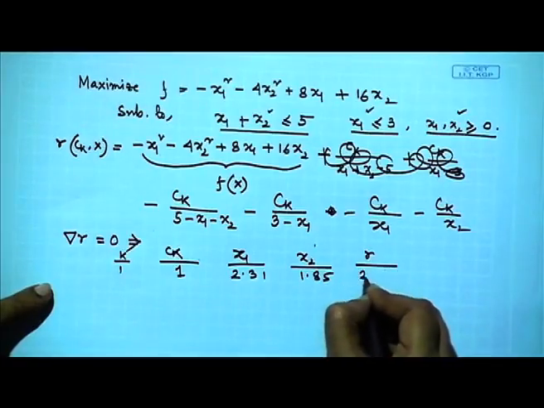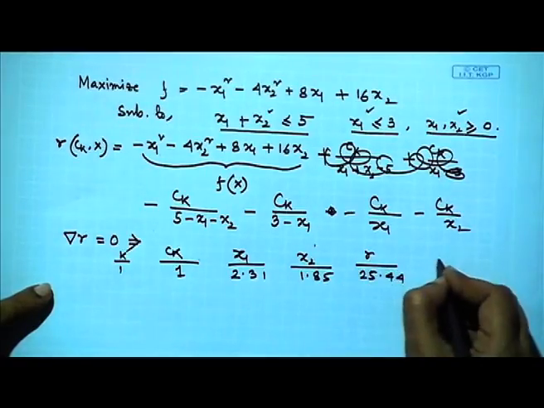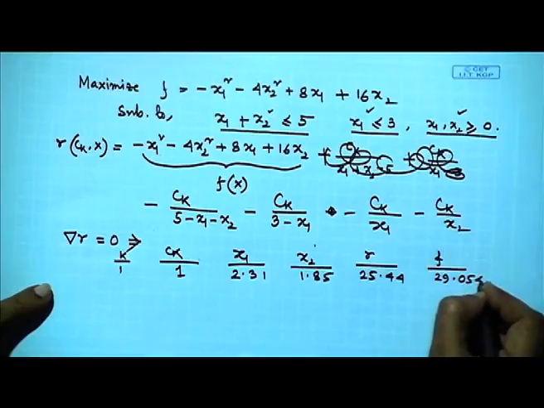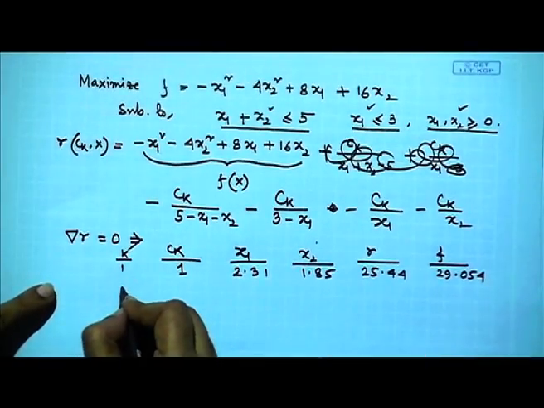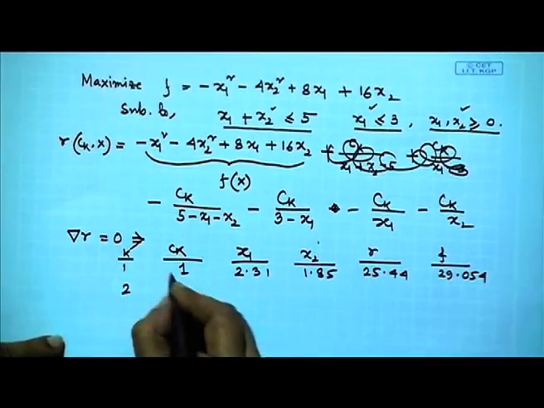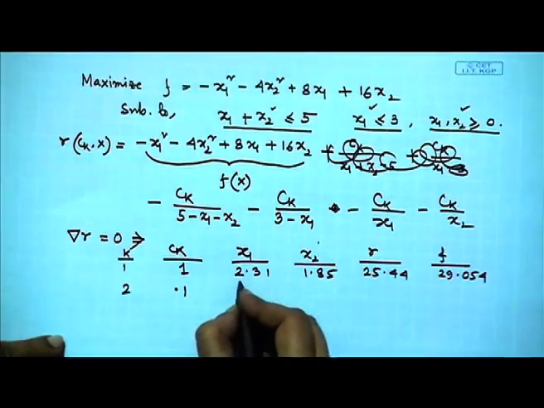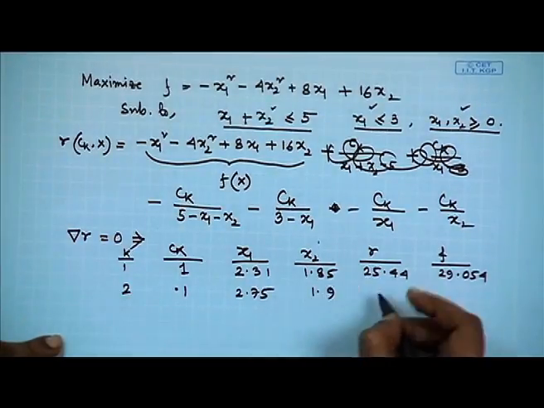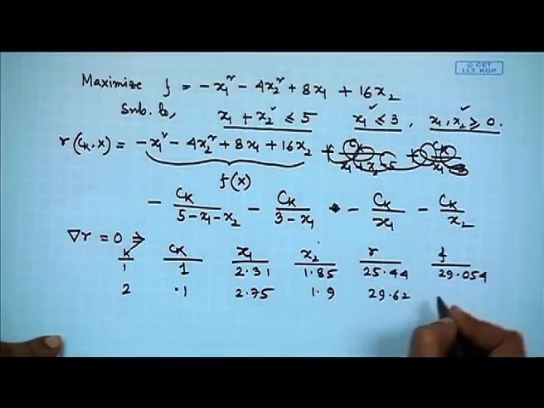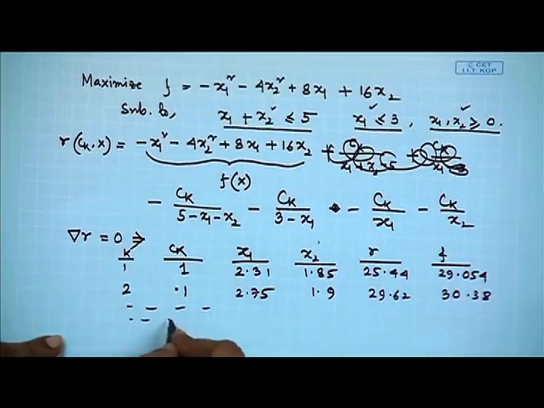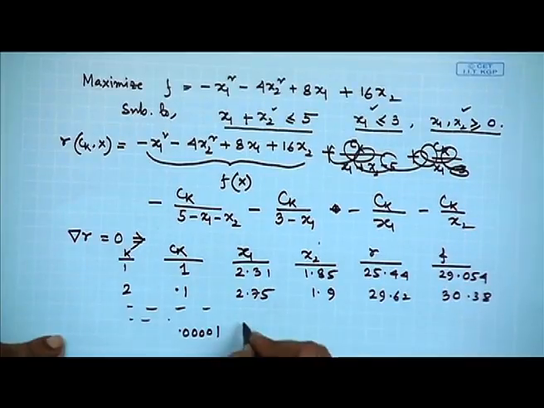r as 25.44 and f as 29.054. Similarly, if we go to the next iteration, k equal to 2, and by considering ck tending to 0, it will be 2.75, 1.9, 29.62 and 30.398. If we do all the iterations for different values, for the lower value of this one, we will get